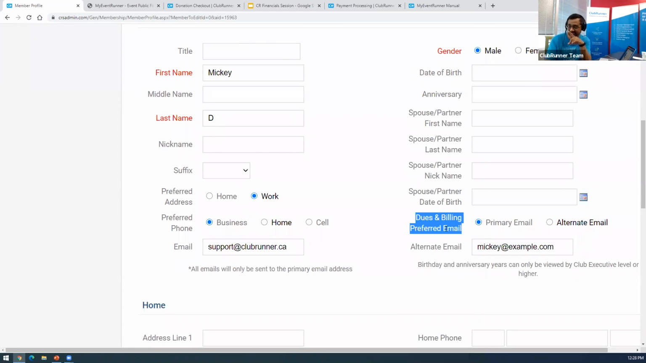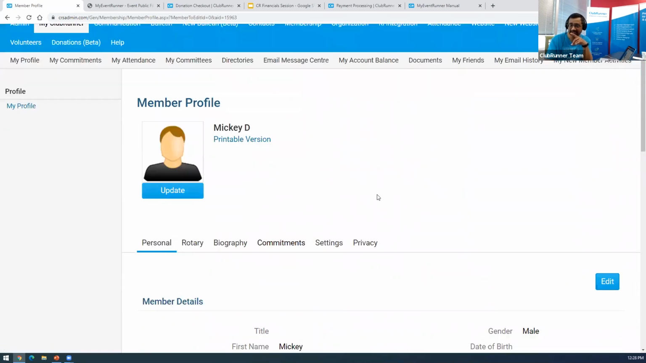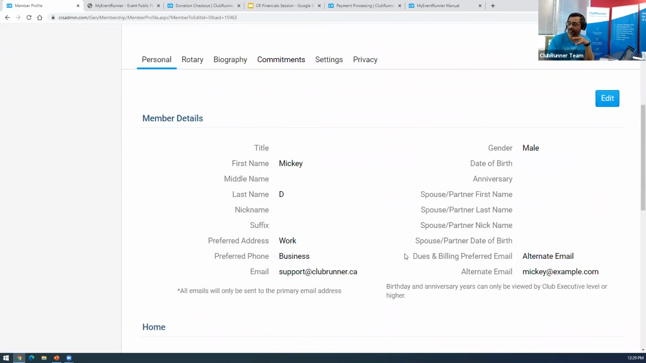What this means is, when I get club correspondence, when the treasurer or president emails me, I want it to go to this address. When I get a due or an invoice, I want it to go to this address. I'm going to click save so you can see what this looks like. All right, so what we're doing right now is rerouting our dues to go to the alternate email,